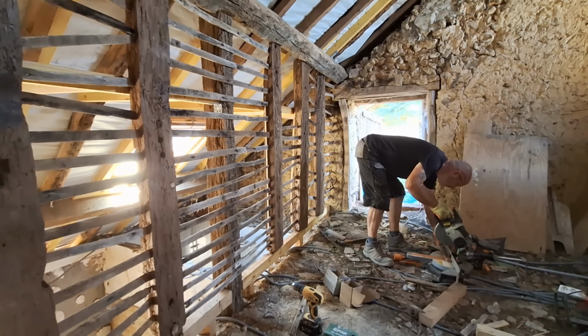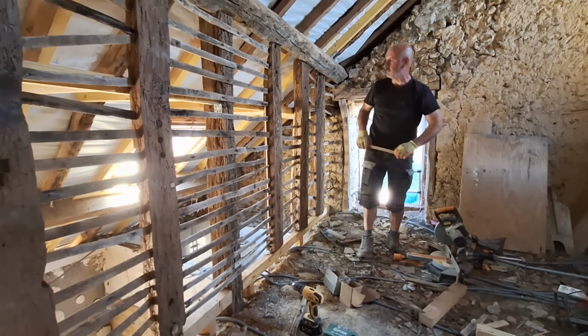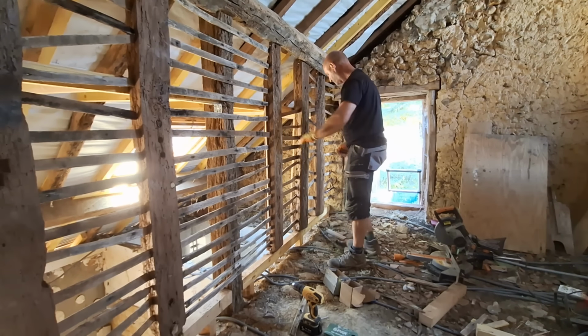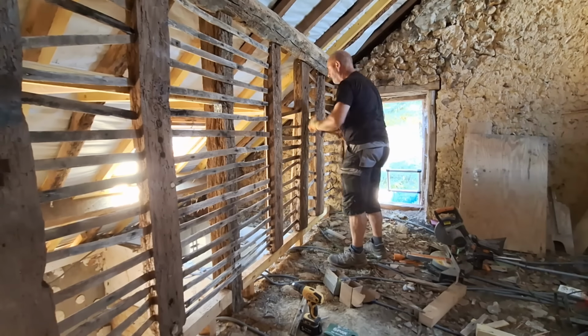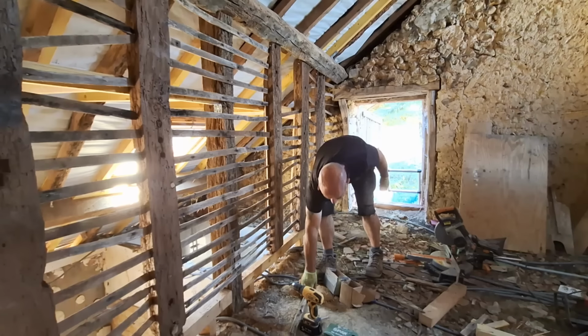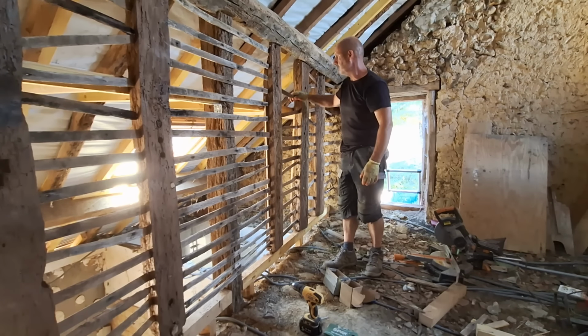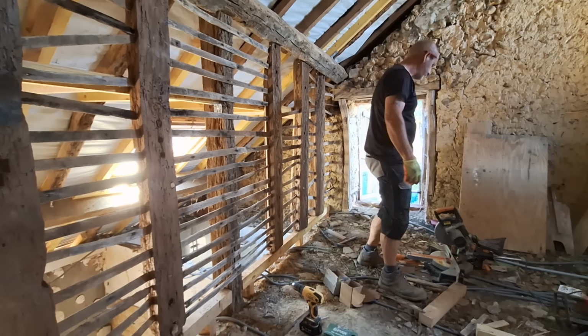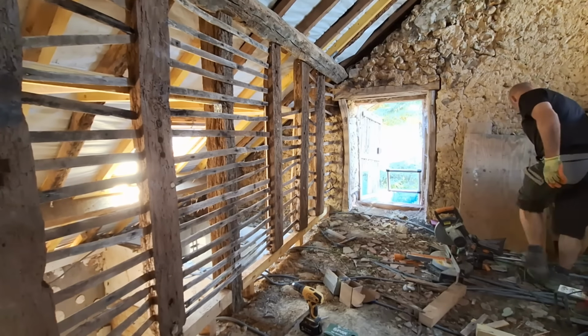I try and work with whatever I can work with. And obviously, the formation of the bedrooms will be metal rail and plasterboard. You've got a minor issue with the fact that obviously the floor is also cob, and I'm going to have to put some base rails down initially, so that you're not getting bounce when you're walking in the rooms. It's not going to be affecting the walls,